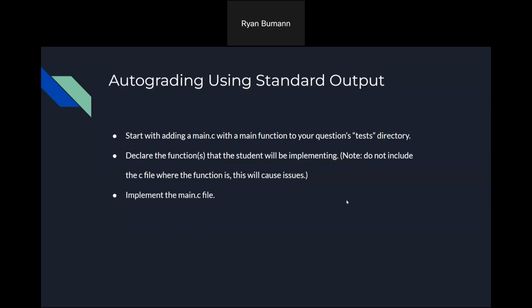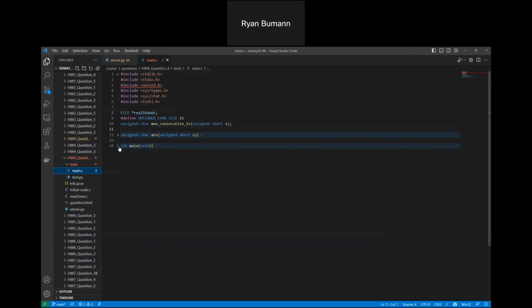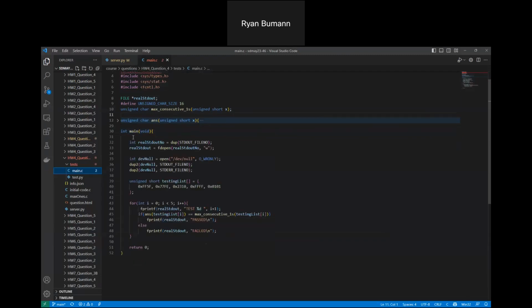Next, you will want to implement the test in the main.c file. So if we expand what is here in the main, this first part here is required. This is just for setting up the standard output so that a student couldn't just write the print